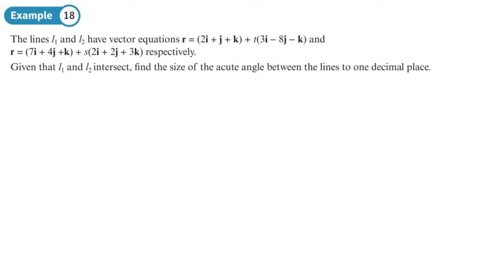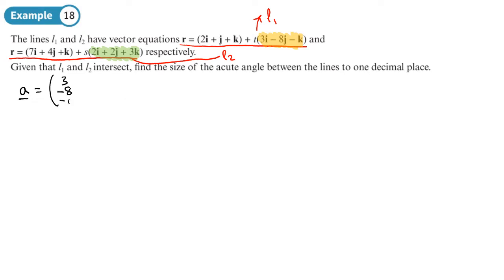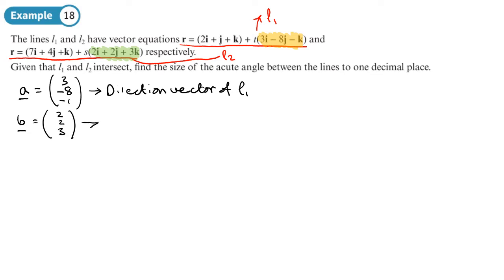Okay, so we've got these two lines. So this is the line L1, this is the line L2. We need the direction vectors of both lines. So here's the direction vector of L1, here's the direction vector of L2. That's what I'm going to use in my calculation. So if I call a the direction vector of L1, this (3, -8, -1), so this is the direction vector of L1, and b, if I call that the other one, which is (2, 2, 3), written as a column, this is the direction vector of L2,